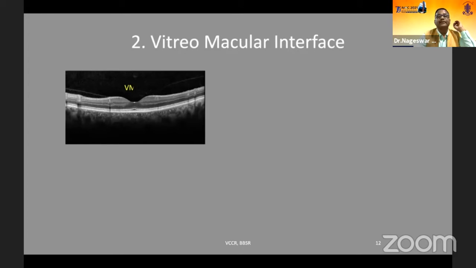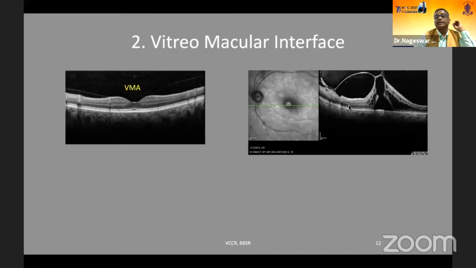And the vitreomacular interface, as I said, sometimes you will find this is normal, it looks normal and there is no change, and usually patients come with very good vision. There is an incomplete PVD, but there is a perifoveal attachment of the vitreous here. So around a 3 millimeter zone of attachment will be there, the vitreous attached without any change in the foveal architecture. That is vitreomacular adhesion. Normally, you won't find any problem. It is an OCT diagnostic entity. Usually the patients don't come with any metamorphopsia or any problem, but here it is traction.